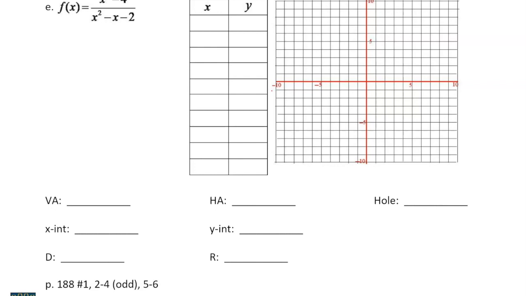Your first step is factor if you can. So let's see what we could do. I know we haven't had any examples with holes so far. We get (x + 2)(x - 2) over (x - 2)(x + 1), and the x minus 2's can cancel each other out. And so now that we have something like that,